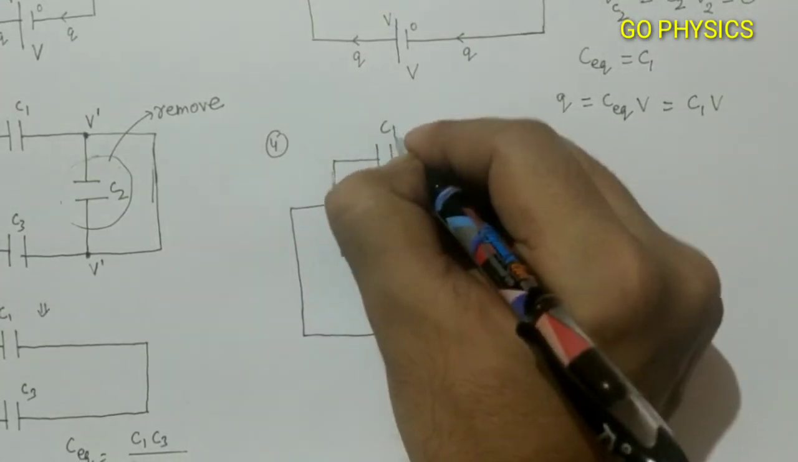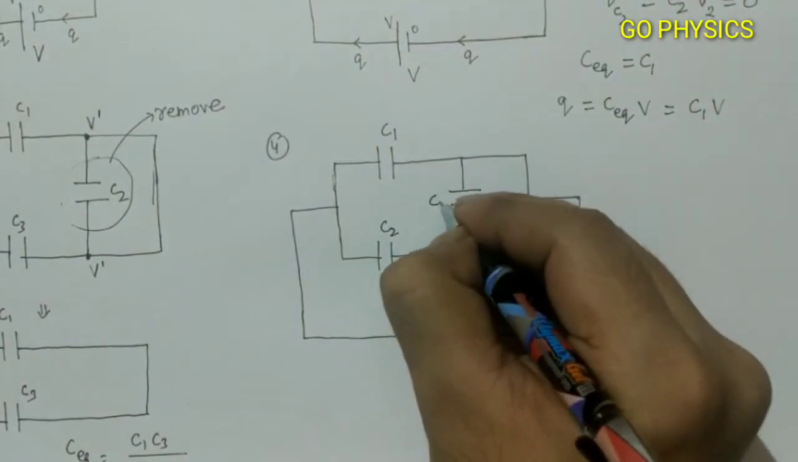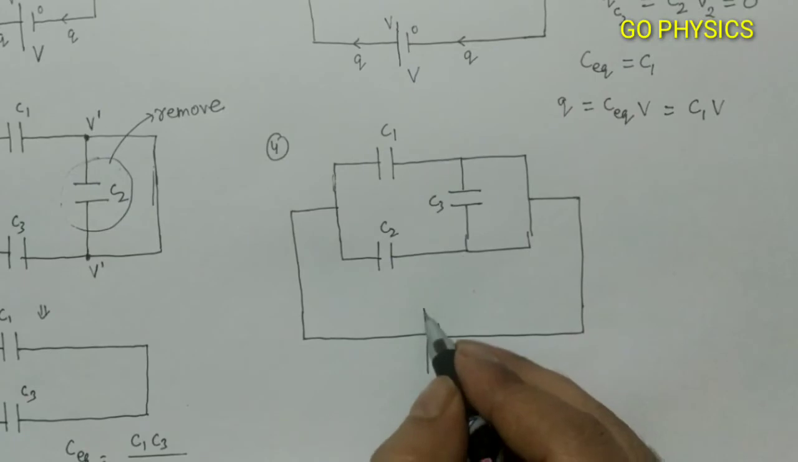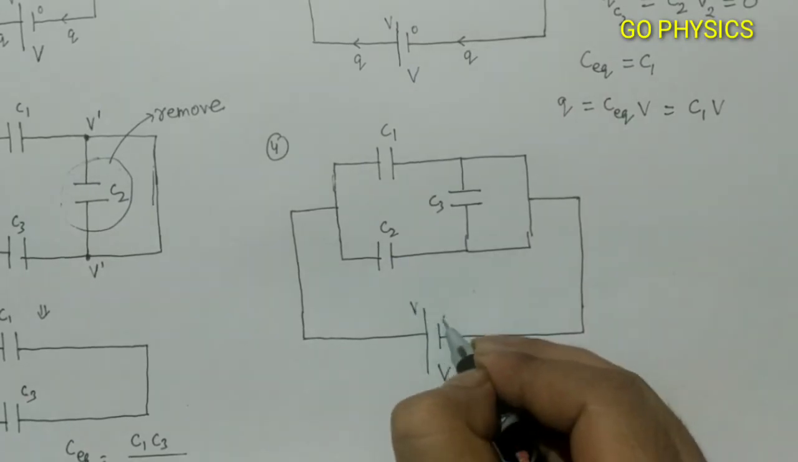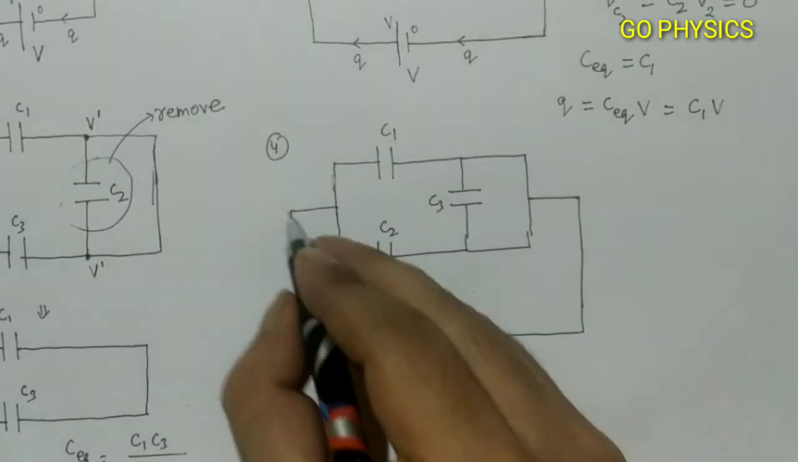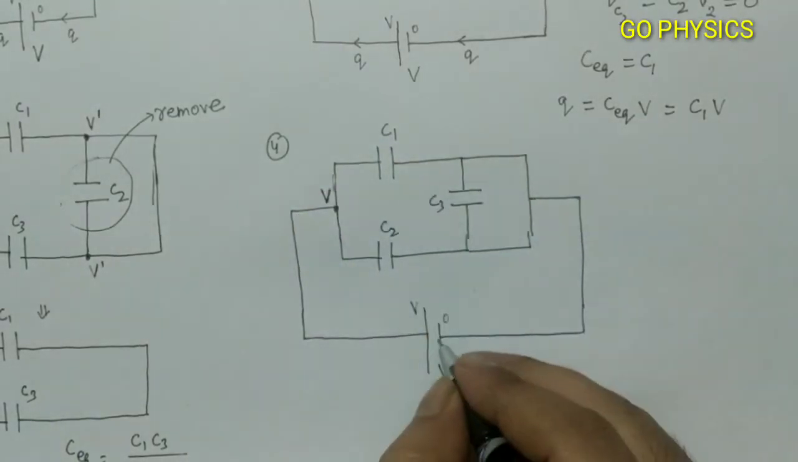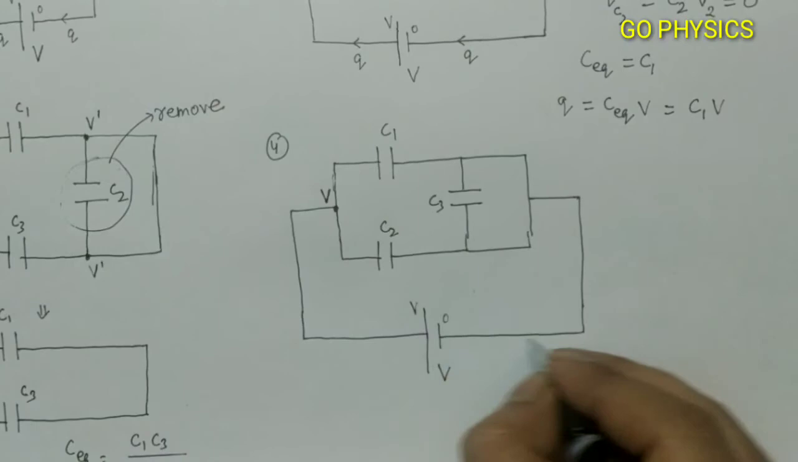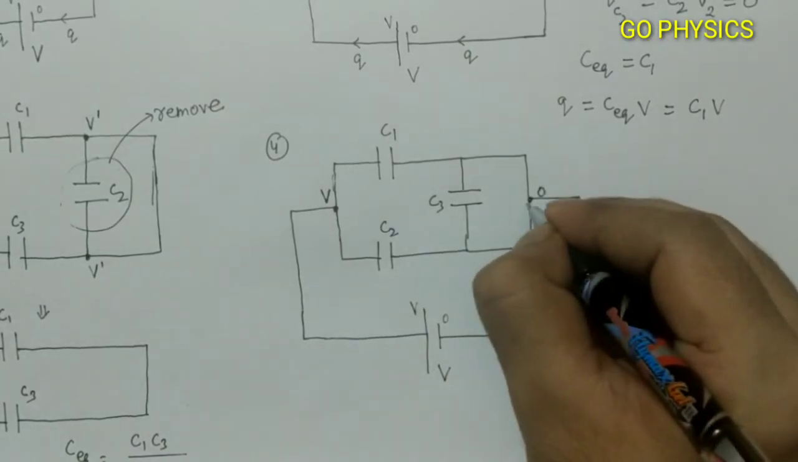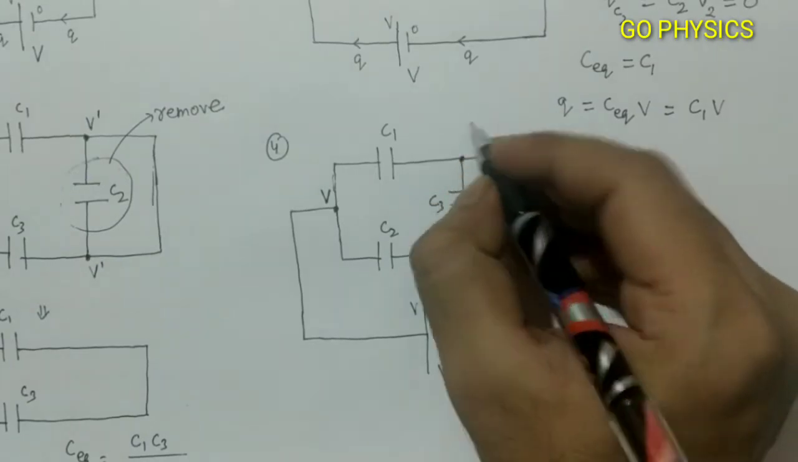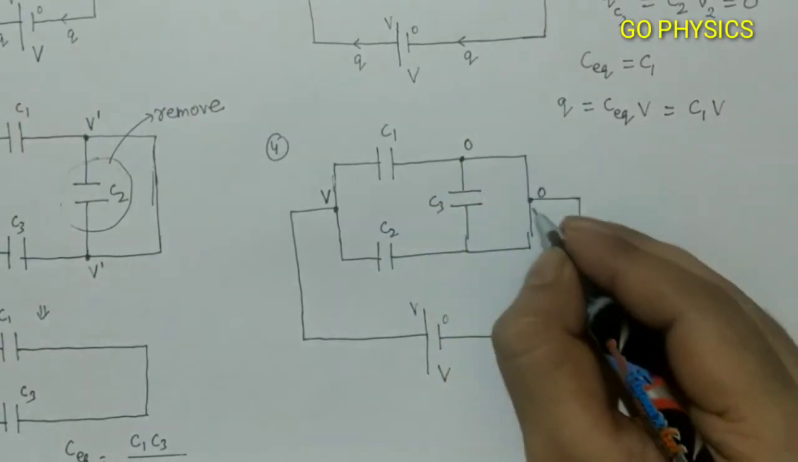Let us consider this is C1, this is C2, and this is C3, and the voltage of the battery is V. So the bigger terminal will have V and the smaller, suppose 0. So the same V will go up to here, and this 0 will move up to here, and same 0 because we are not crossing any capacitor. The potential of this point will also be 0, and the potential of this